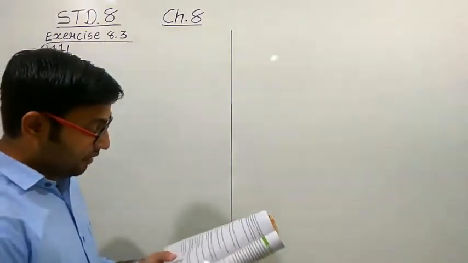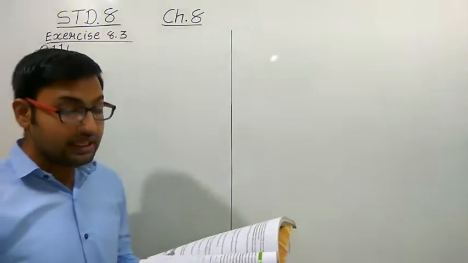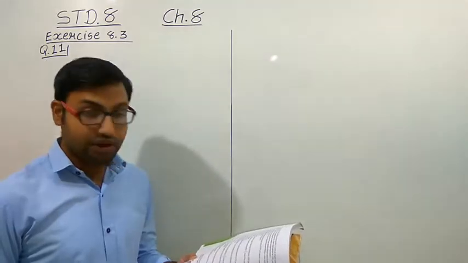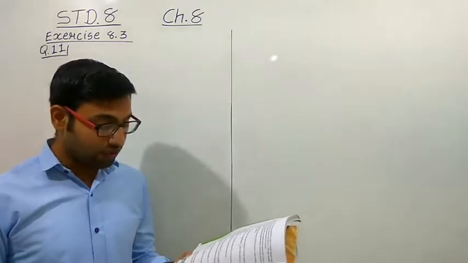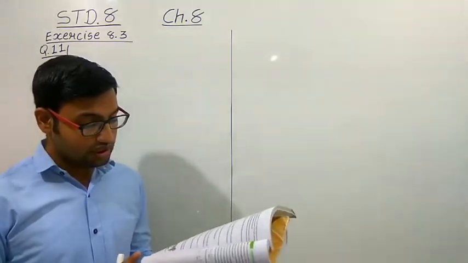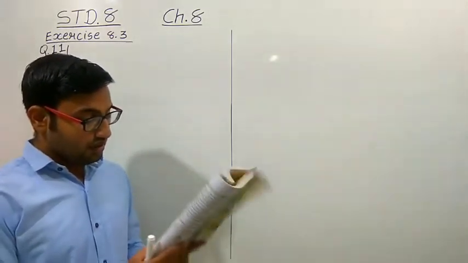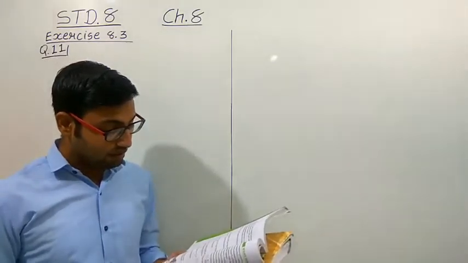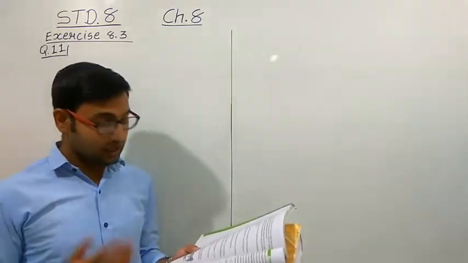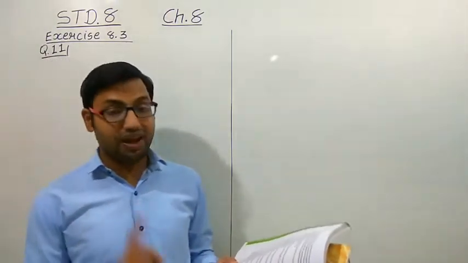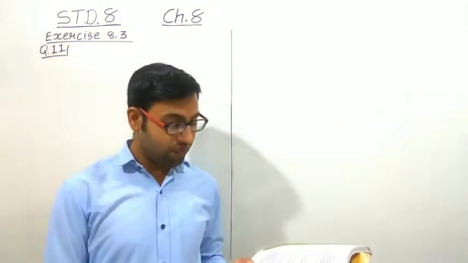The question is: in a laboratory, the count of bacteria in a certain experiment was increasing at a rate of 2.5% per hour. Find the bacteria at the end of 2 hours if the count was initially 5,06,000. So here we have to calculate the bacteria after 2 hours. See, the rate of increment is given as 2.5% per hour, and we have to find the bacteria at the end of 2 hours.